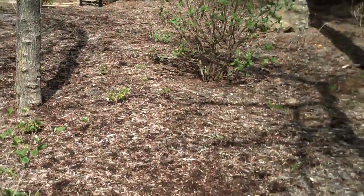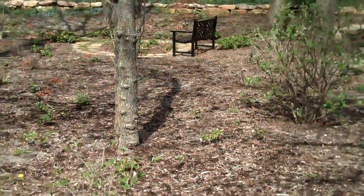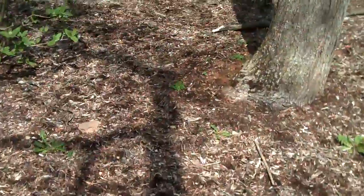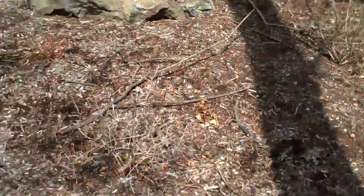Chris Orser Landscaping also offers a deer repellent service, where we come out and spray your existing plants in the landscape, which repels the deer. And over time, they do learn to stay away from these particular plants that deer do like to